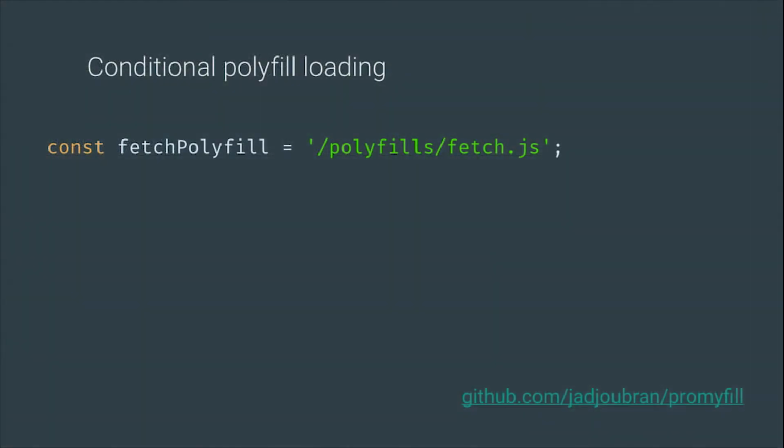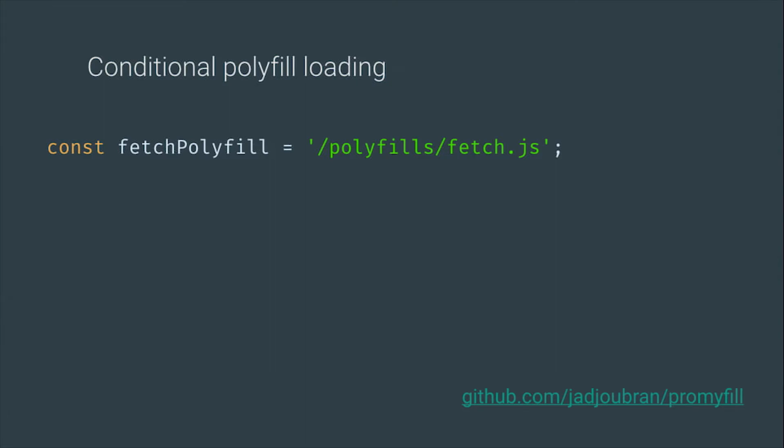And the common thing I see when we're using modern web APIs is that we always load polyfills. So for example, if you have a polyfill for fetch, which is like 8 kilobytes, we're always loading this polyfill, but 90% of the browsers already have that. So I was doing some experimentation, and you can find it here on Promifil on my GitHub profile,